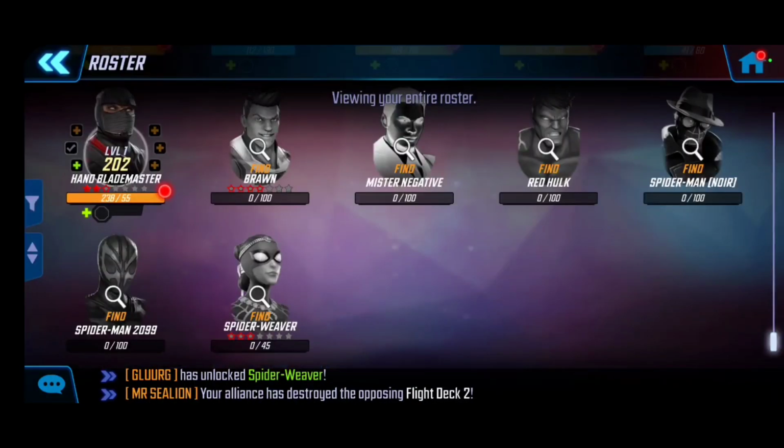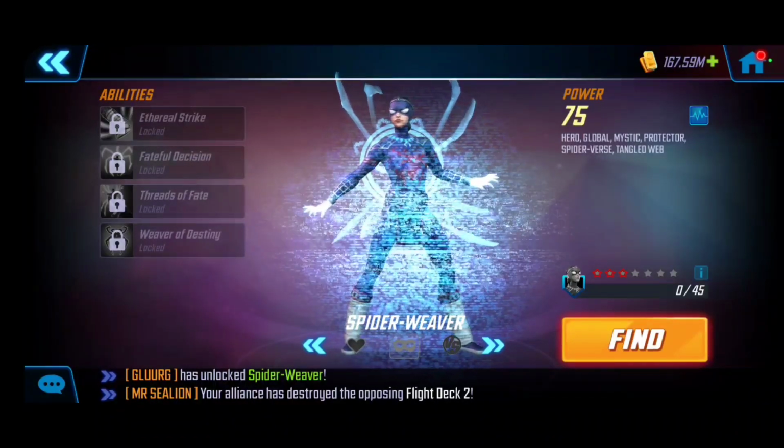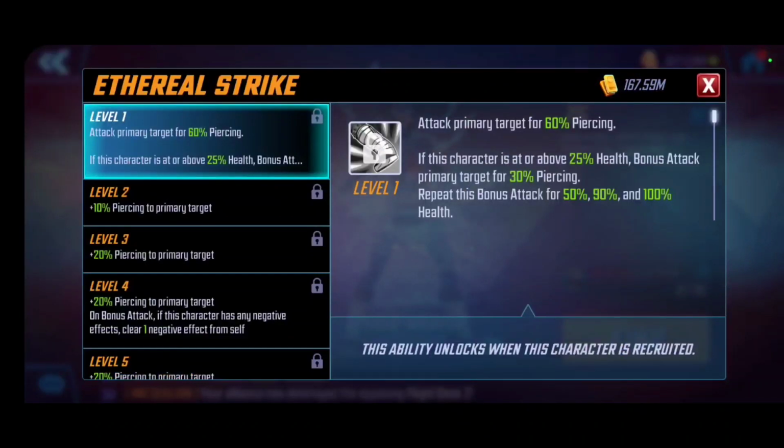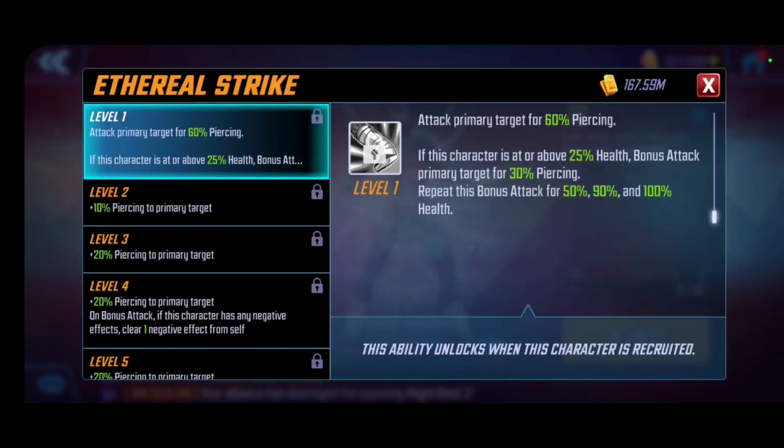But let's go ahead, take a look at her kit now, as well as T4 recommendations and what her ISO 8 potentially could be. Okay, so Ethereal Strike is her basic attack. This is, as you can see, primary target for 60% damage piercing. So this is going to bypass the defenses. If she's actually above 25%